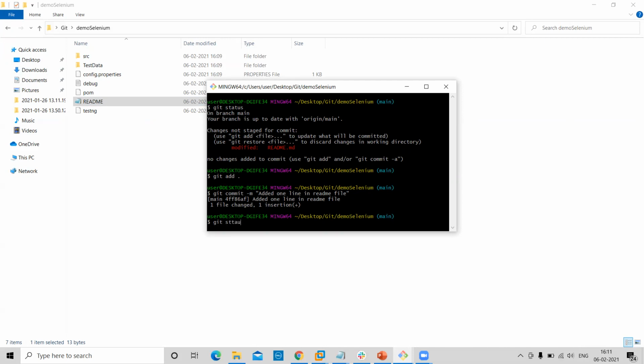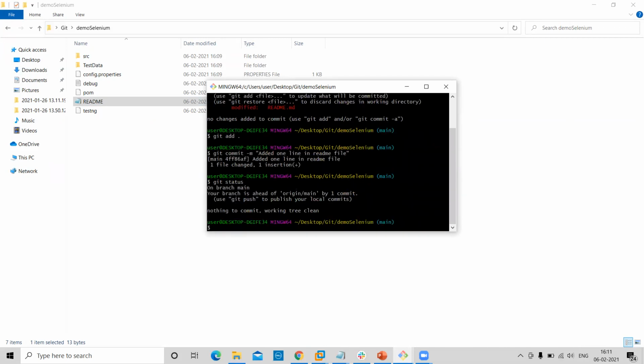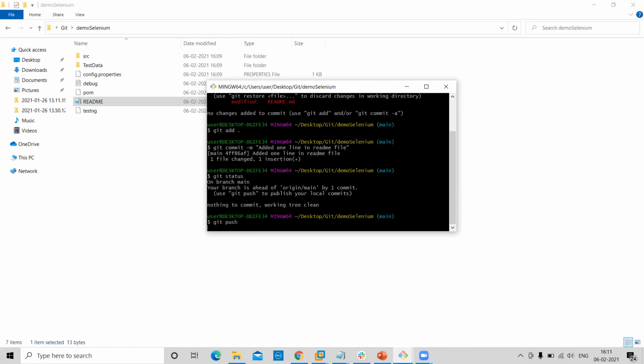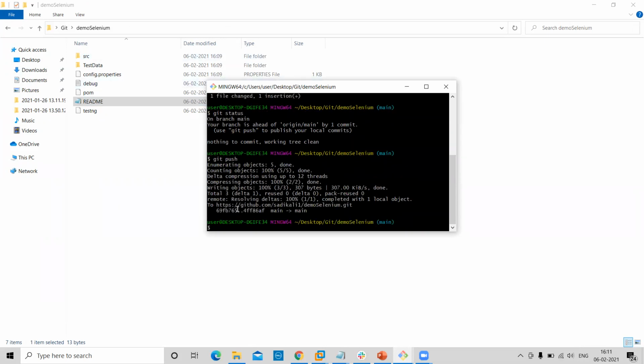So now the question is how we push these commits to the remote repository. There is a command, git push. It will push your local commits to the remote repository. Now you can see this is pushed under this repository from branch main to main.